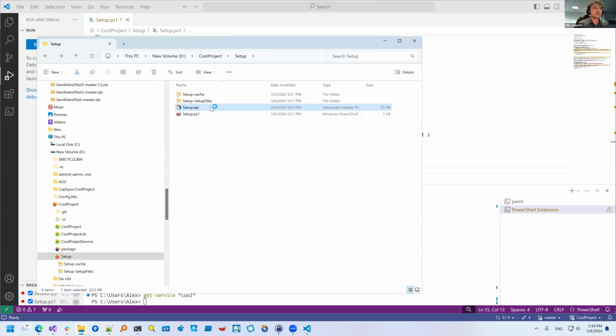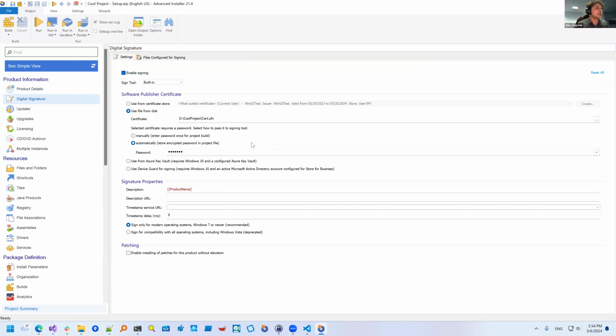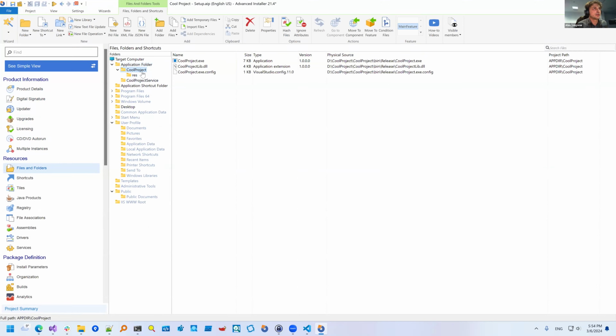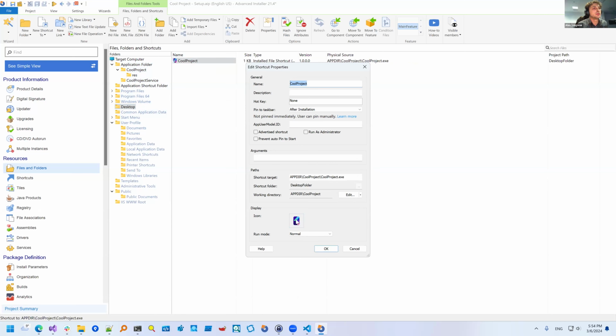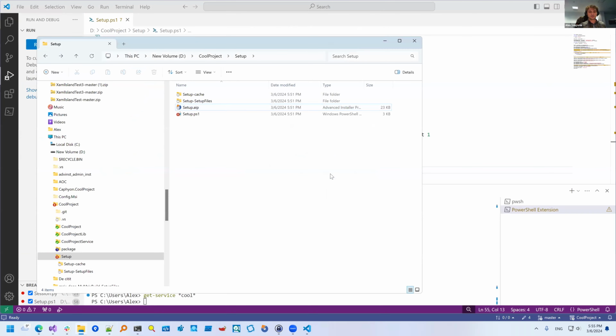And we can load into our UI and see some details regarding digital signature, files and folders. You see the folder structure here, as we mentioned in the script. We see the shortcut on desktop, and we set a custom icon from our resources. And we should see in the application shortcut folder other shortcuts. Okay, now everything seems to work, and we can go to the next part of our demo, and